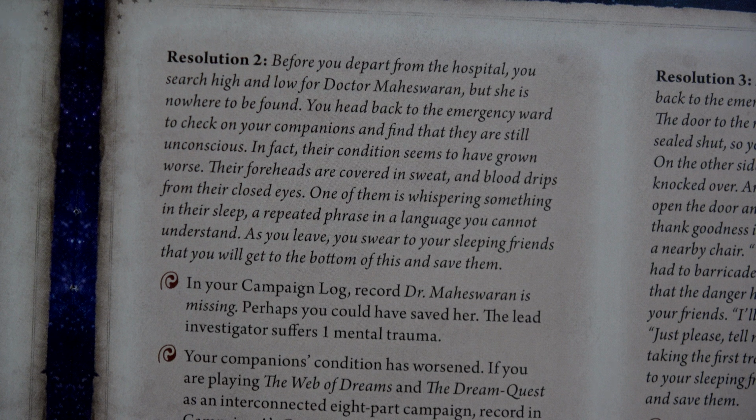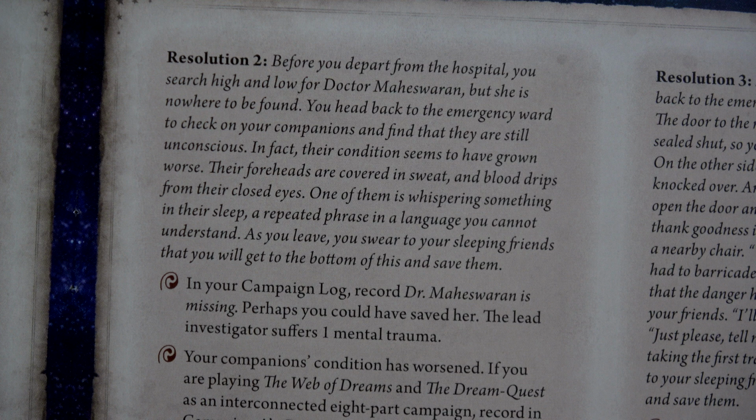You head back to the emergency ward to check on your companions and find that they are still unconscious. In fact, their condition seems to have grown worse. Their foreheads are covered in sweat, and blood drips from their closed eyes. Ooh, one of them is whispering something in their sleep, a repeated phrase in a language you cannot understand. As you leave, you swear to your sleeping friends that you will get to the bottom of this and save